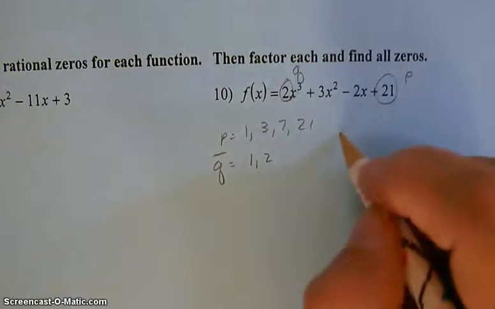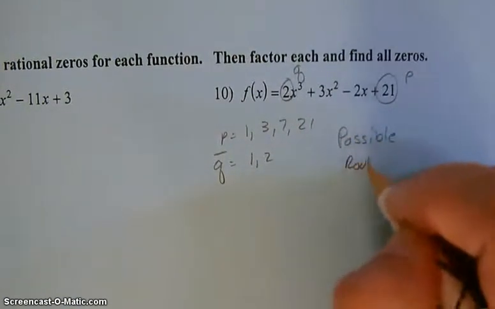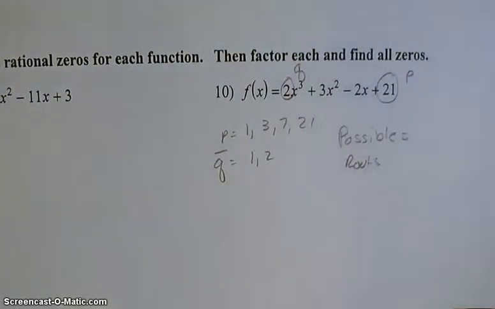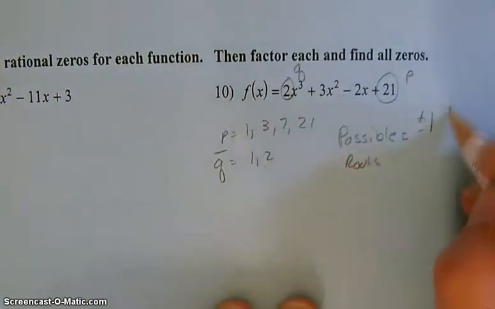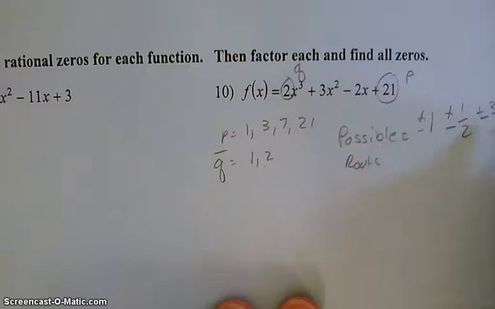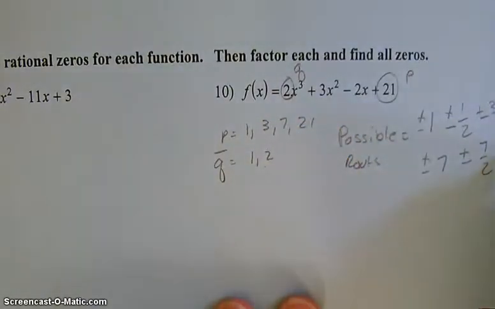So my possible roots are going to equal plus or minus 1 divided by 1, which is 1, plus or minus 1 divided by 2, which is 1/2, plus or minus 3 divided by 1, plus or minus 3 halves, plus or minus 7, plus or minus 7 halves, plus or minus 21, and then plus or minus 21 over